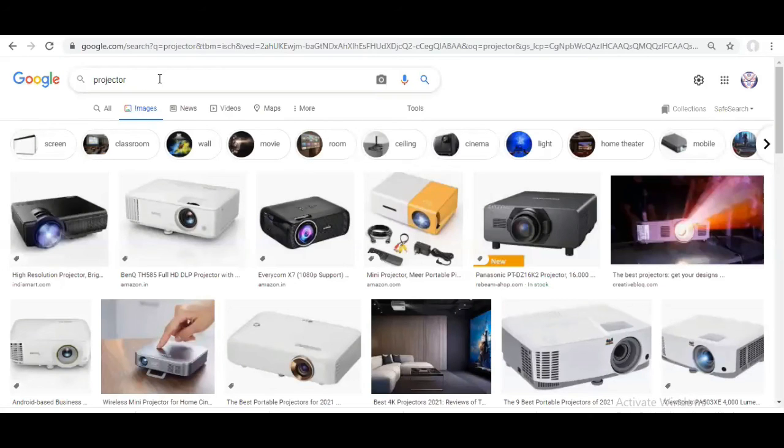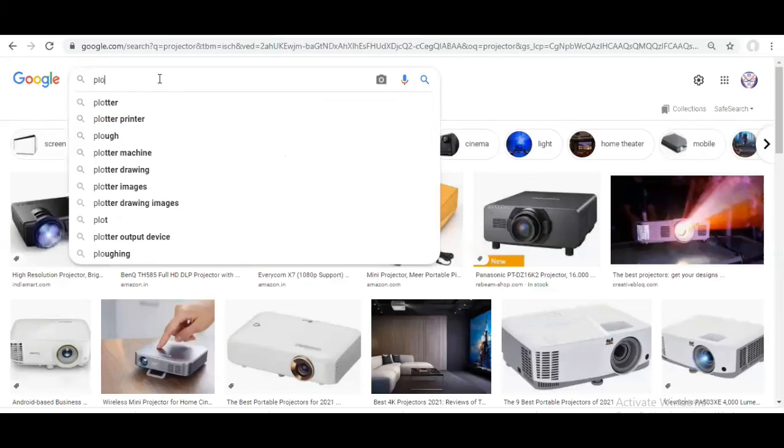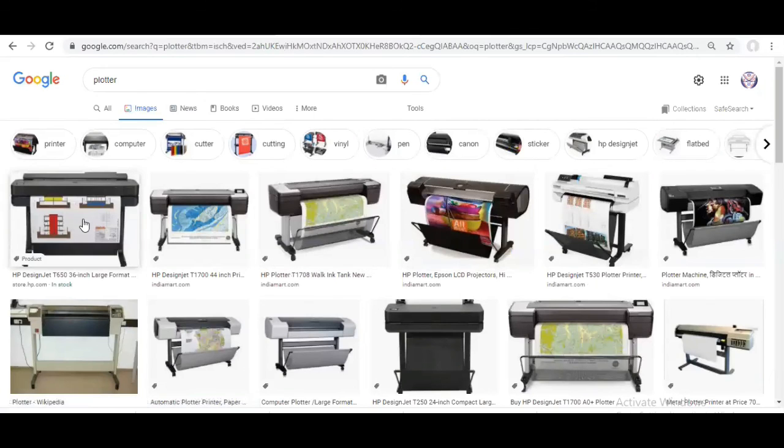it gives that result. Then one plotter I have missed. Let's see how it looks. This is a plotter. When you visit any photocopy center which is a bigger shop, there you can see this type of printer, the plotter. It can print larger images.